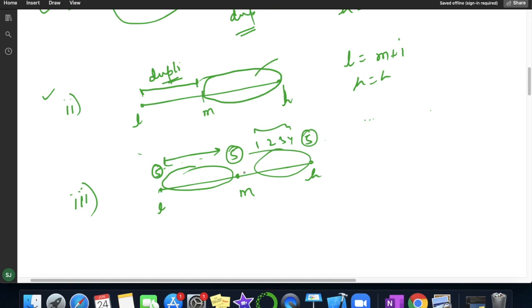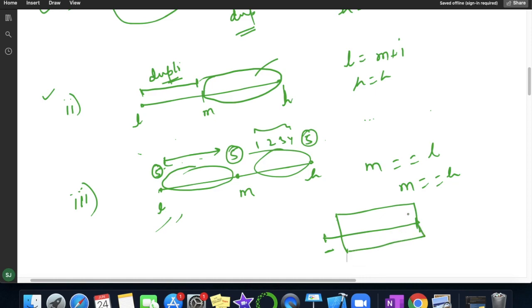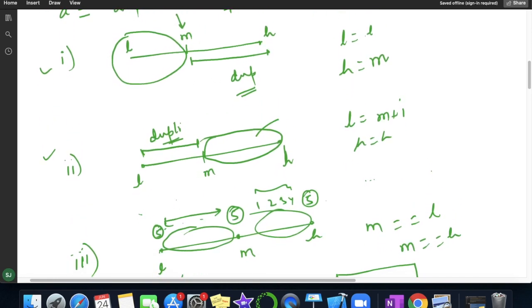For this kind of scenario, we will apply the logic by simply ignoring the first element. Means we will simply remove one element in each iteration. This is the case when my mid value is equal to the low value, and at the same time my mid value is equal to the high value. So we will simply ignore one element and apply our logic in this section. These are the only three conditions: the very first, second and third.